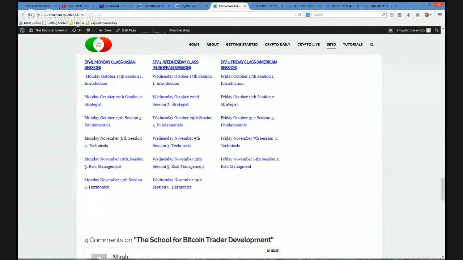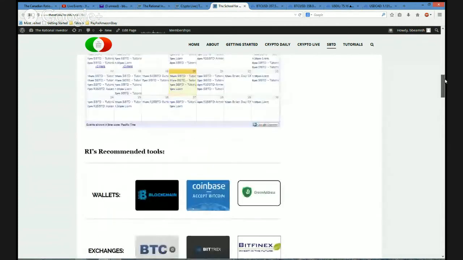As you can see, all the classes are posted, if you're a student in one of the programs. Right now we have 3 different programs running, and the classes, like I said, are about 2 to 3 hours a piece, and all the links are posted for members here, so it's nice and easy reference for them.